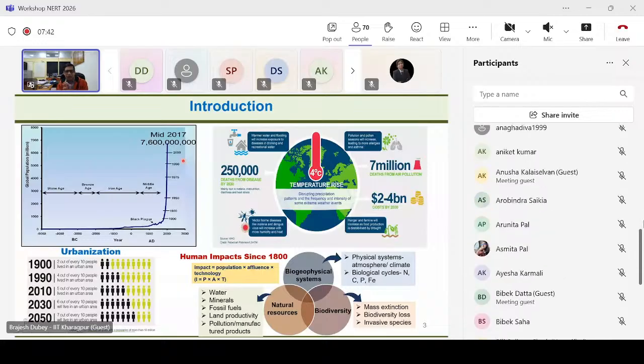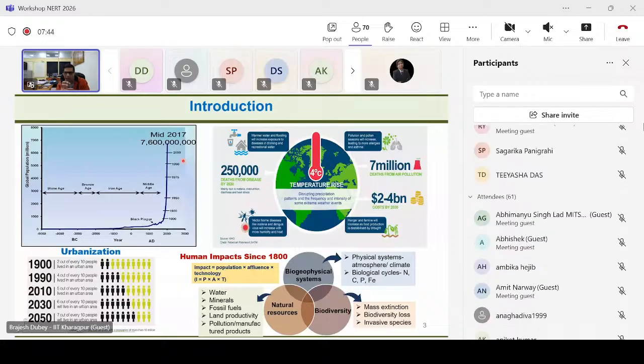The material we are getting from mining and different sources, we are not managing that properly, and it's generating a huge amount of waste and leading to global warming and all those different types of pollution.